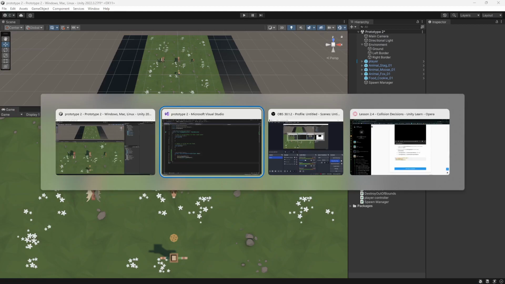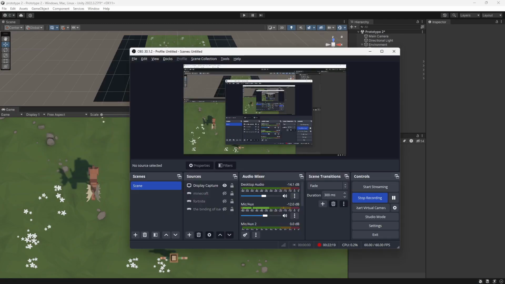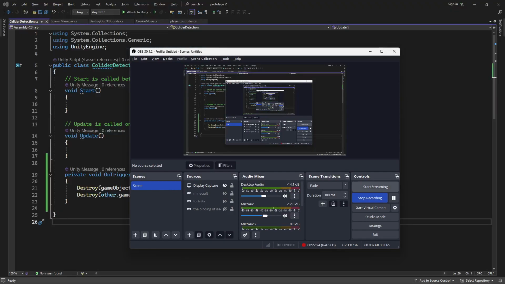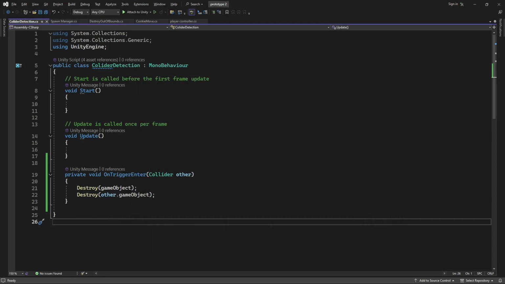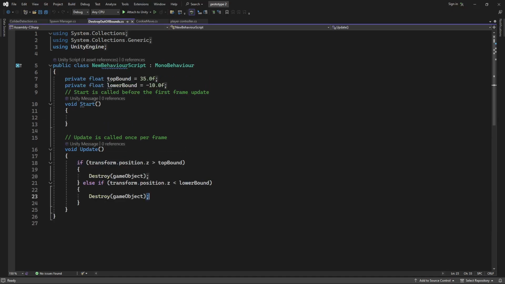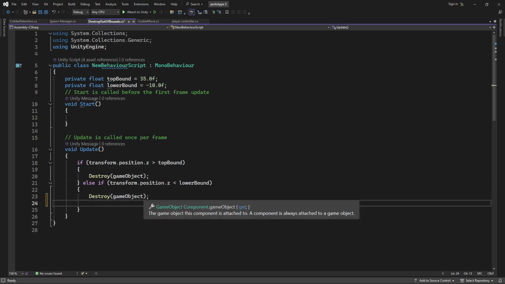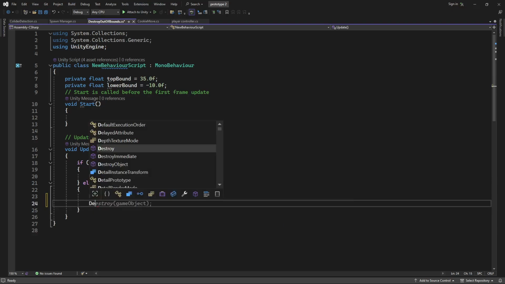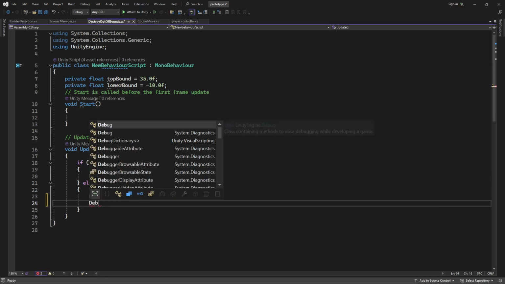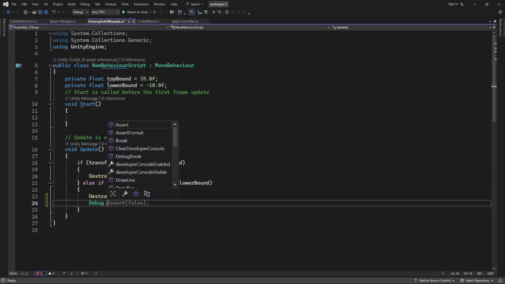Now I don't know what's next. Oh, the game over screen's next. All right. Time to, I don't know, learn it. Alrighty, let's go ahead. I almost closed OBS. That wouldn't have been any good. All right, let's go ahead and add the final thing. In destroy out of bounds, we are going to hit enter. And then we are going to type debug dot log, I think, dot log,